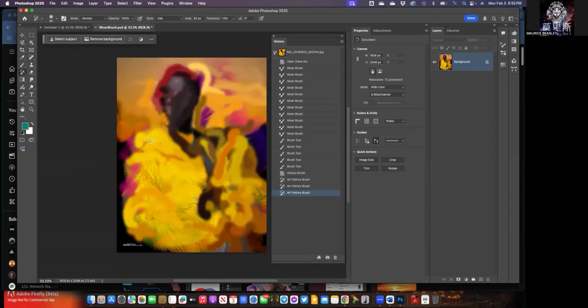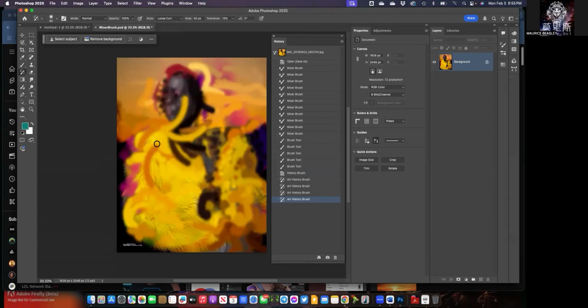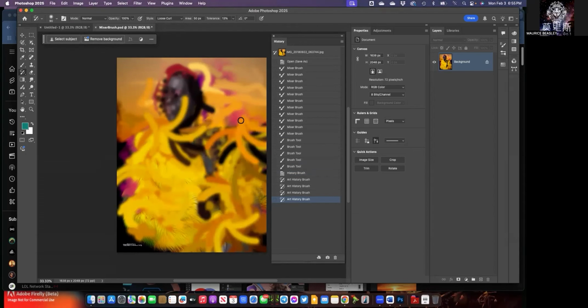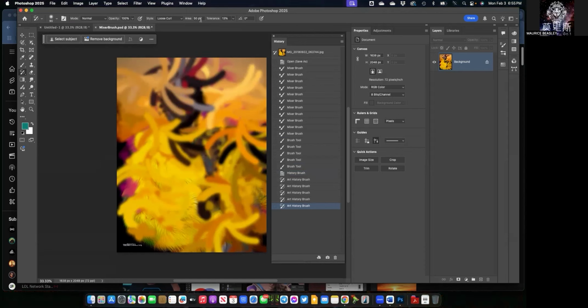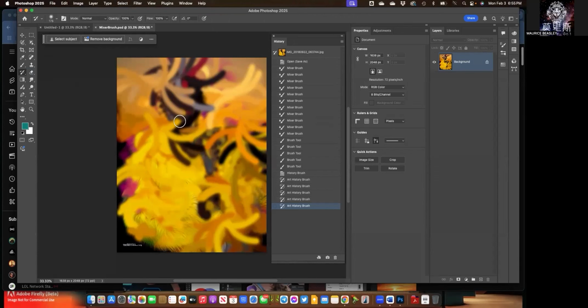Dab is the one that I like the best because it has this kind of dotted pointillism effect going on. You have these different effects that make this artistic style happen based on going back to this particular point. And with the art history brush, combined with the options you have, combined with going back to the history brush to restore different areas,